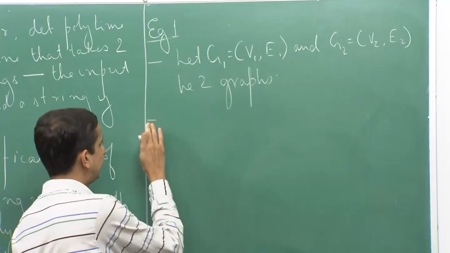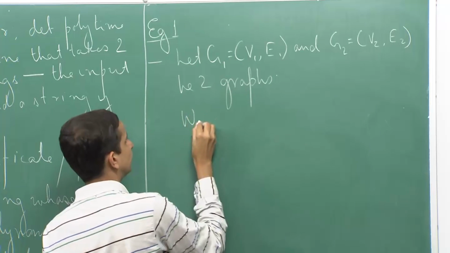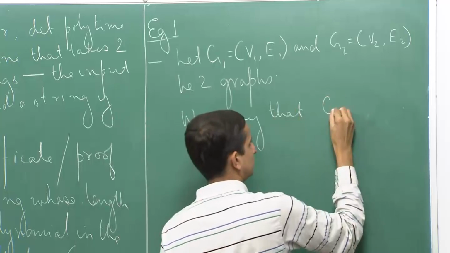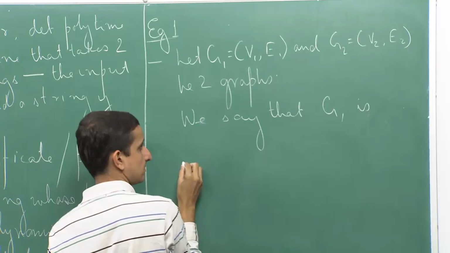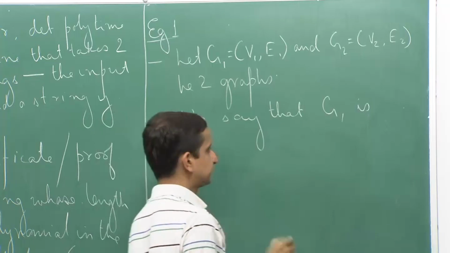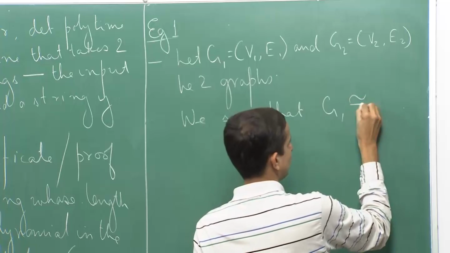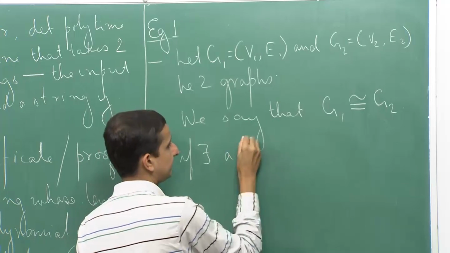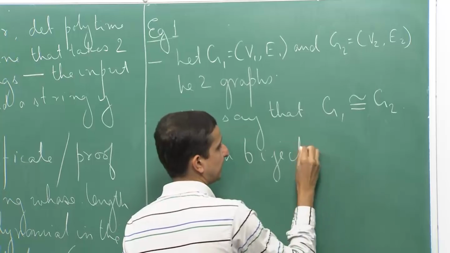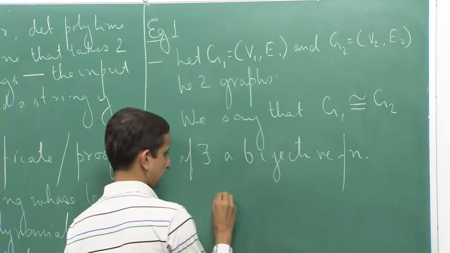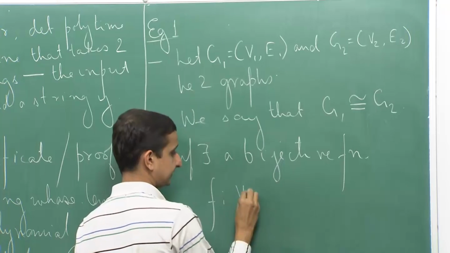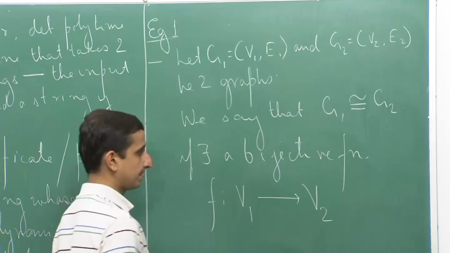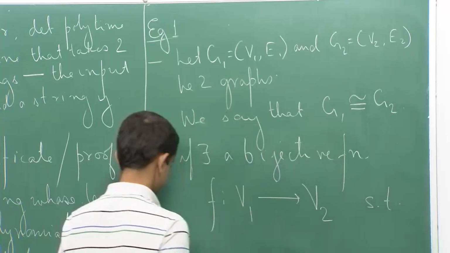Then we say that G1 is isomorphic to G2 if there exists a bijective function f from the vertex set of G1 to the vertex set of G2 such that